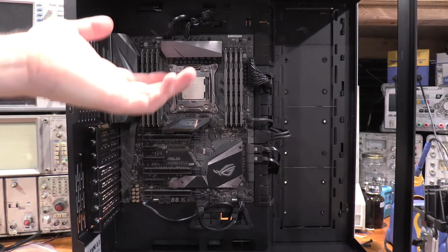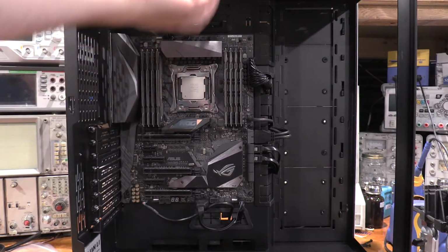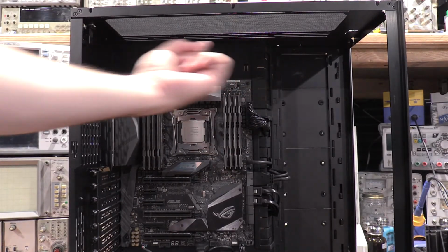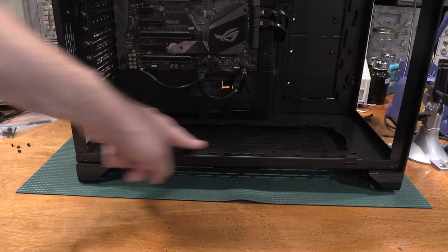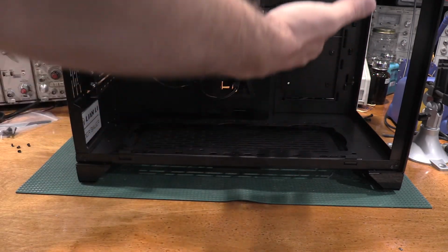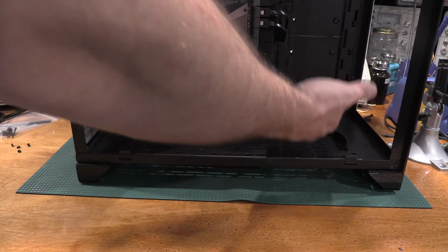Next up is getting the AIO mounted or put back in. It's going to go up here. So the radiator is going to go in this space here. I'm going to put some fans down at the bottom here. So the way I'm going to have the airflow in this case is it's going to come up because heat rises, so the convection is going to help it. But it's going to be forced air up,